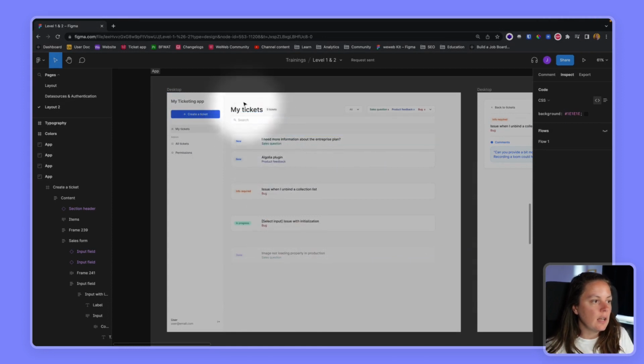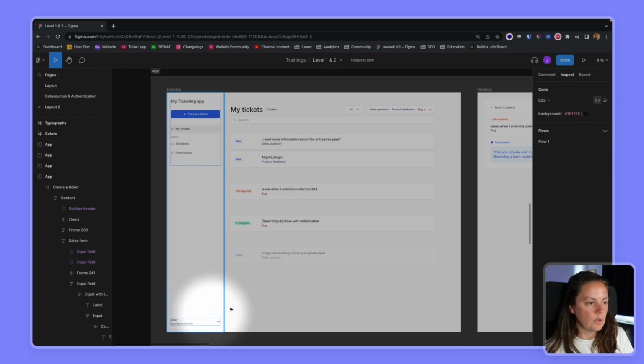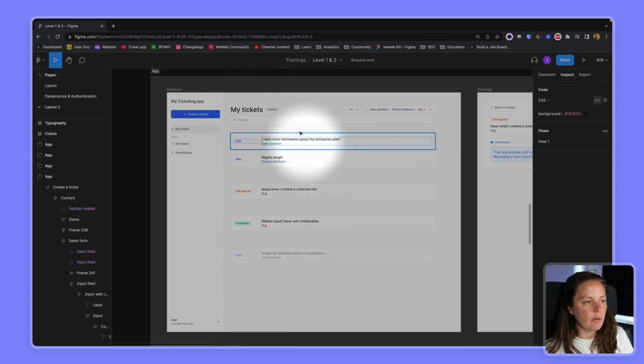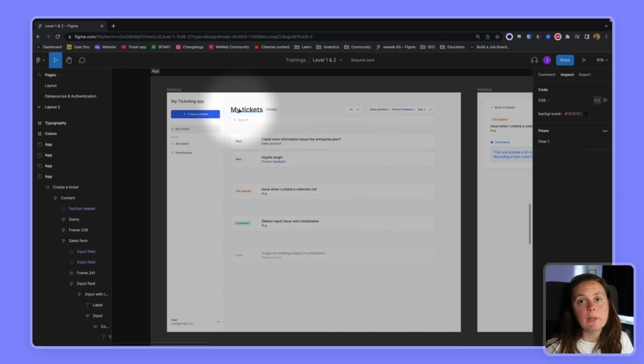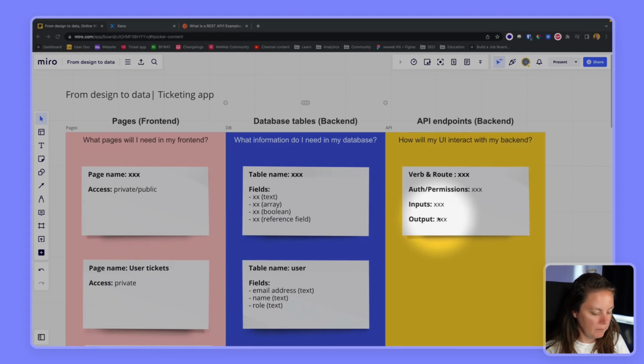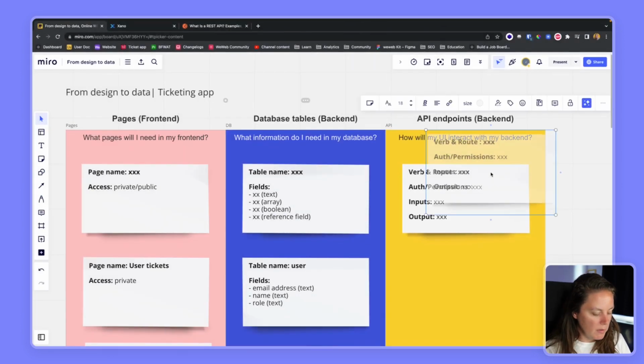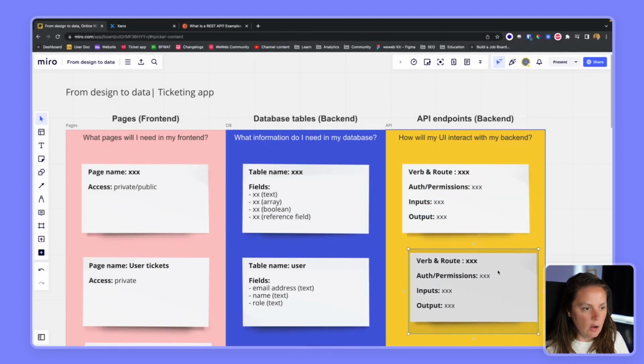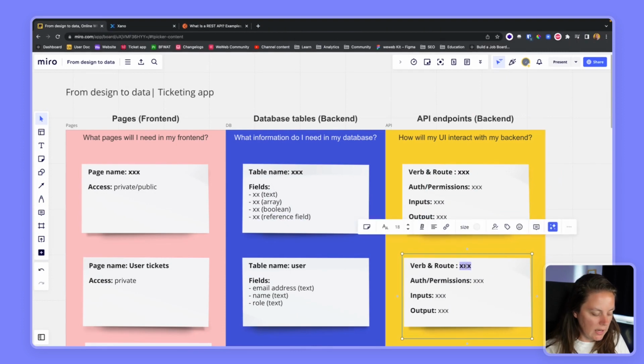We need the list of tickets that belongs to this specific user. We need to get that information. We're not changing it, we're not deleting it, we're simply reading it. So back in our board, we will copy paste our API call template, and we will say we will get